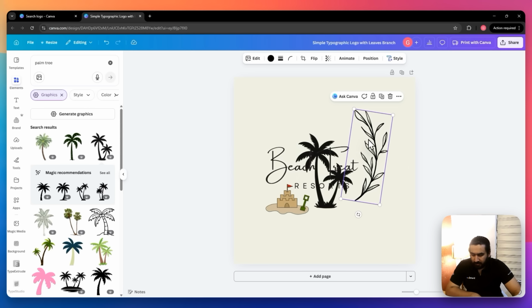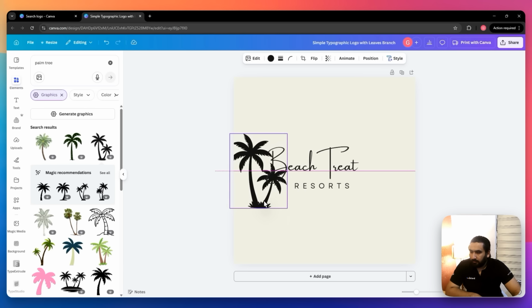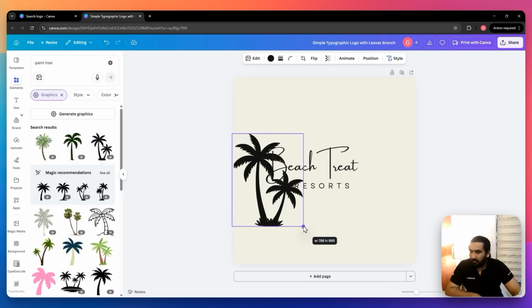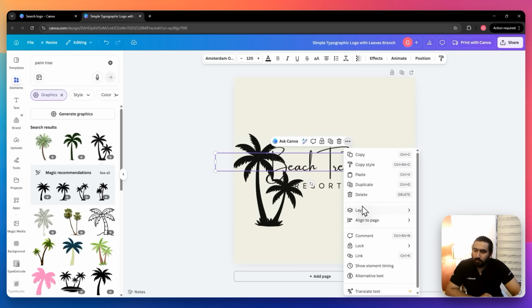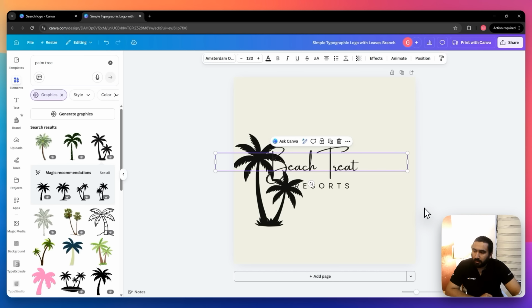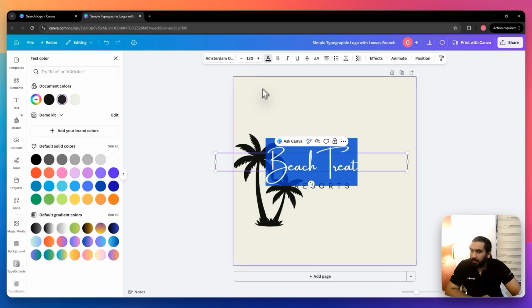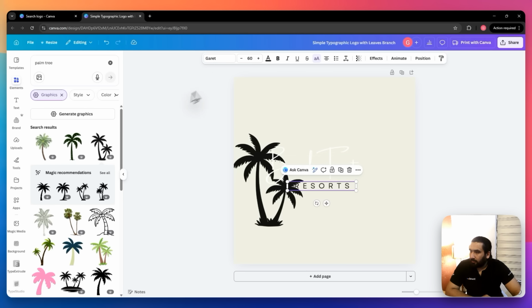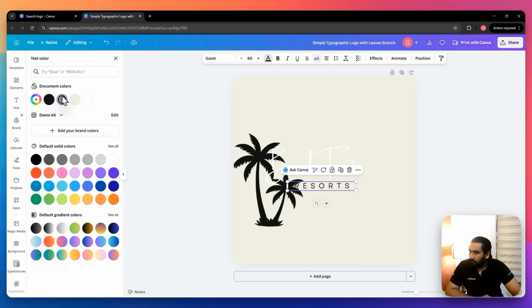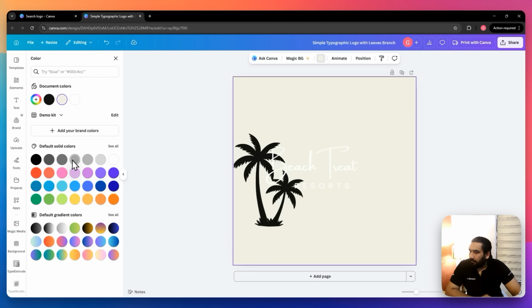For example, I can delete this part, I can delete this, and yep, I can bring beach resort to the front in layers. I can bring forward, and here what I will do is I'll change the color to white, and I'll change this color to white. Background, I'll